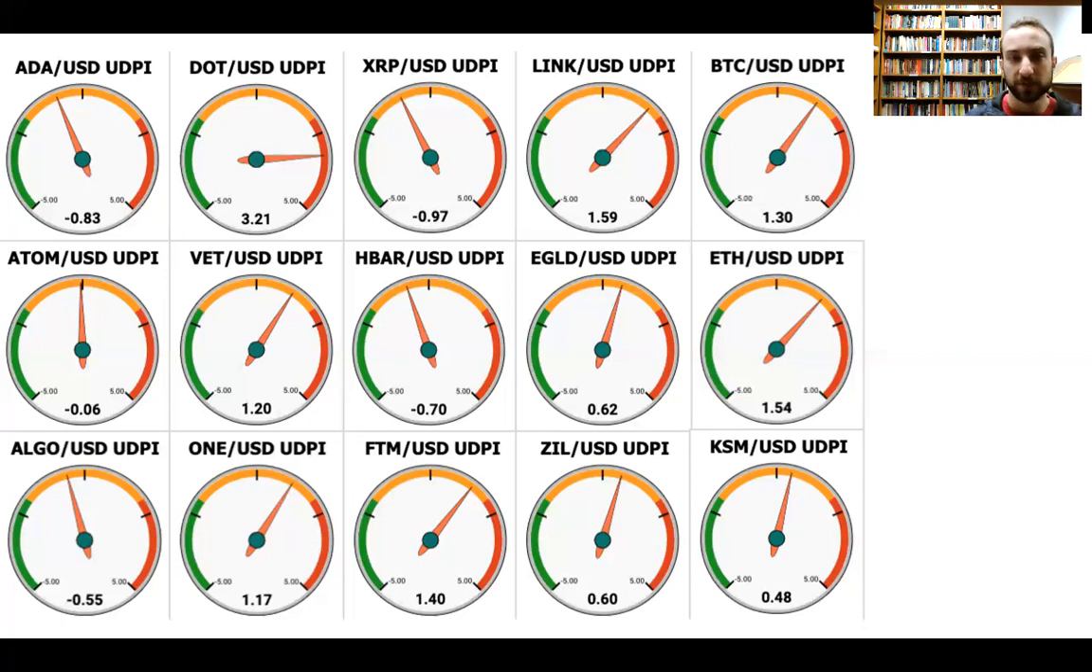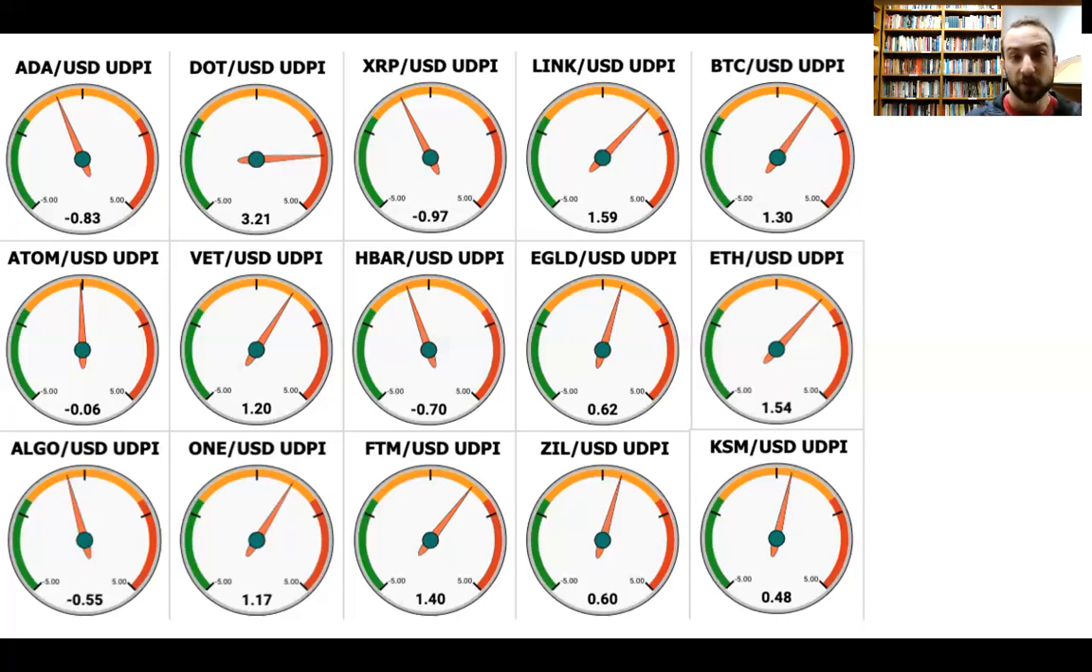The purpose of these short videos is to update you on where these 15 risk gauges stand, and specifically to tell you which assets are relatively overvalued from the perspective of the UDPI, meaning that they have plenty of downside potential and relatively limited upside potential compared to other assets, and also which ones are relatively undervalued from the perspective of the model, meaning the opposite, that they have plenty of upside potential but maybe limited downside potential, particularly relative